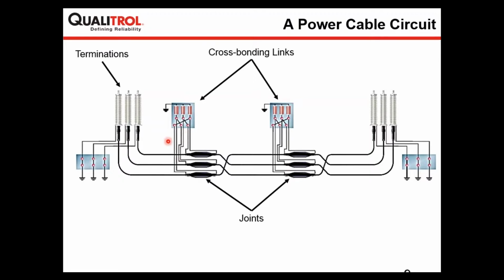To perform partial discharge measurement, we need to access the individual cable earth shield, and we can place sensors around the cable earth or near the termination, and detect partial discharges which are traveling along the length of the power cable. But one thing very important to note is that this type of circuit which you are seeing on the screen has cross bonding links at both joint locations, and the cable is grounded at both ends. But in a circuit where you have